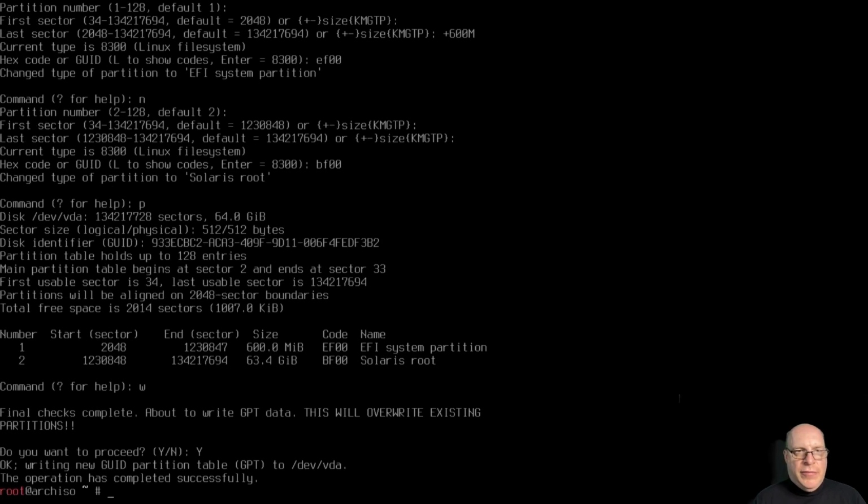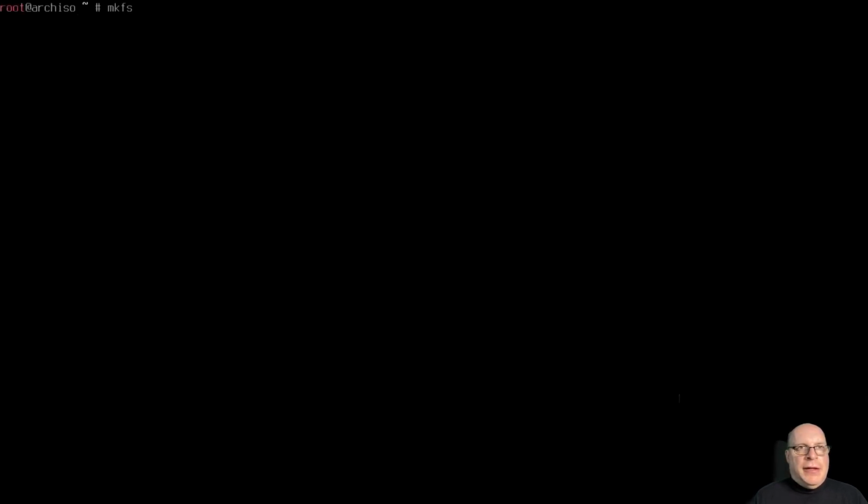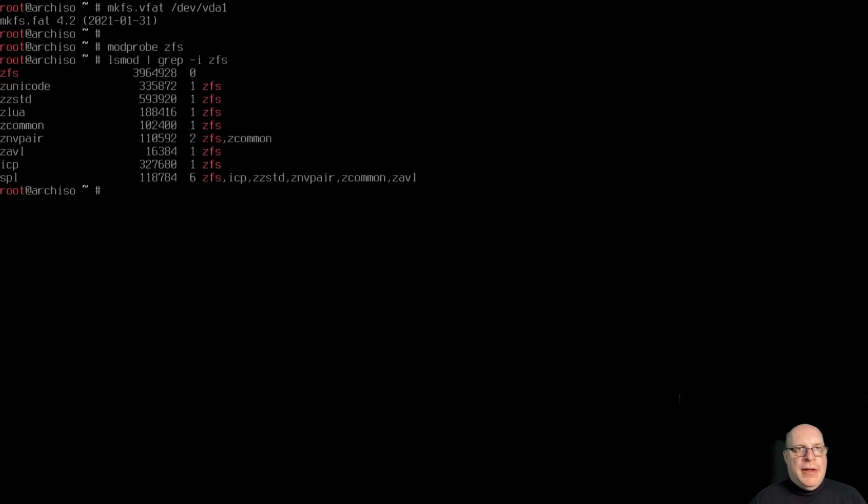Let's write the partition table. All right. So let's mkfs.vfat /dev/vda1. That's our EFI boot partition as FAT32. Let's modprobe zfs to load the ZFS modules and check that they are loaded. It looks like they are. Very good. We will proceed with creating our